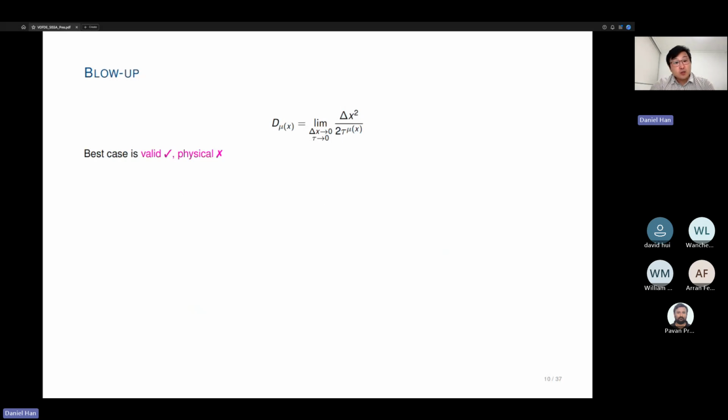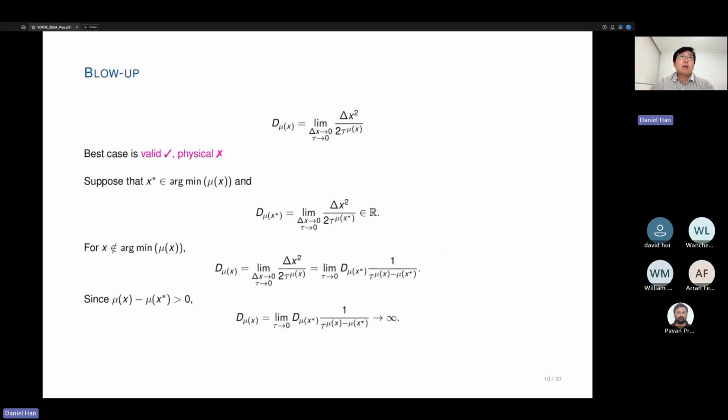The best case that we can construct from this limit is that it's a valid limit, but unfortunately it's not a very physical limit. So let's suppose that we pin some value x star as the argument that minimizes mu of x, okay? And let's say that we define a constant such that as tau goes to 0 and as delta x goes to 0, at this position x star, the diffusion coefficient at x star is a constant. If then we consider every position outside of that minimum, and actually this x star could be a set of points, if we consider all other x's that are not at the minima, that don't give you the minimum value of mu,